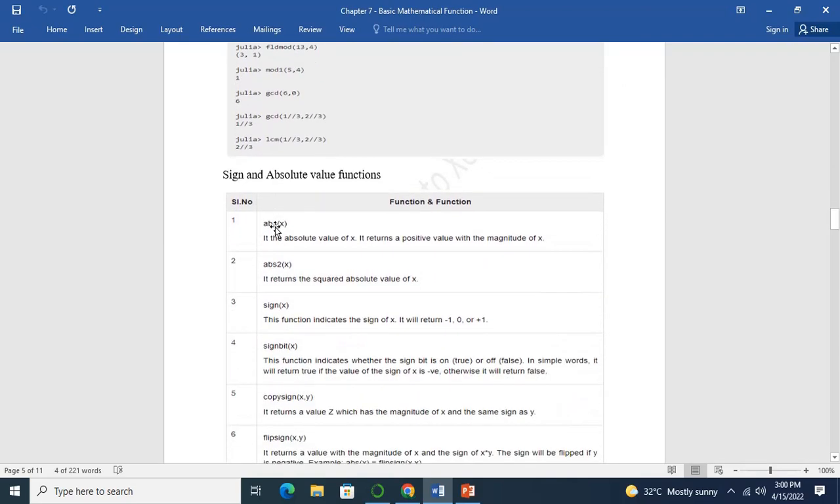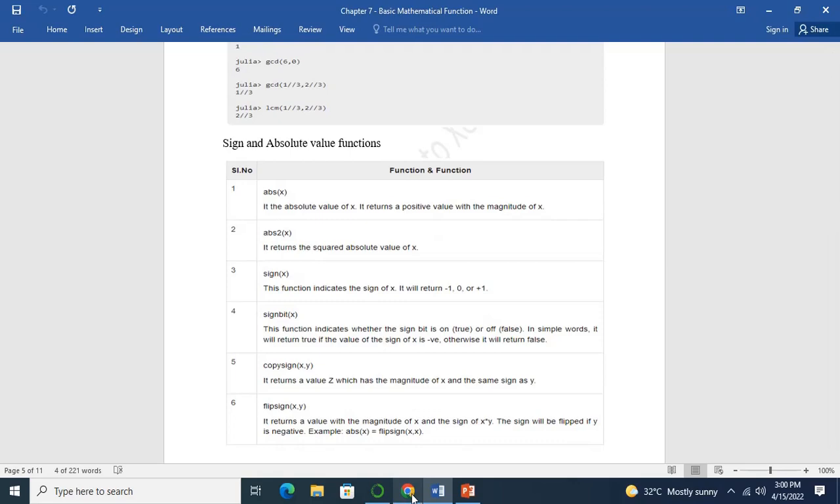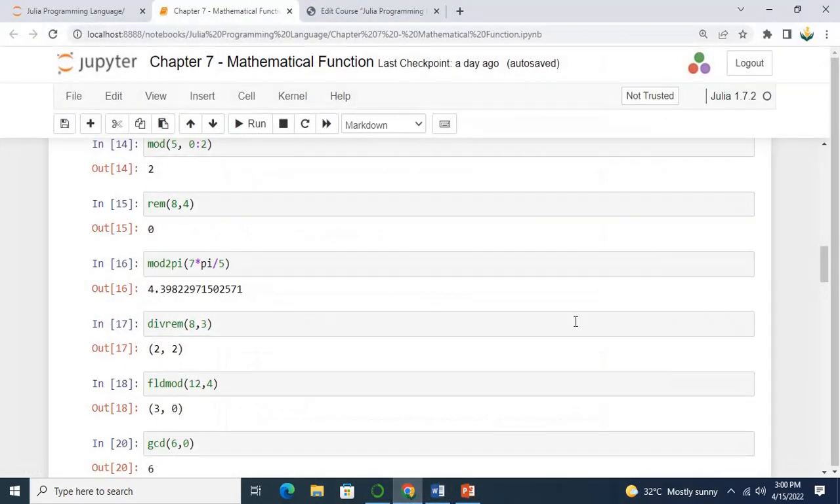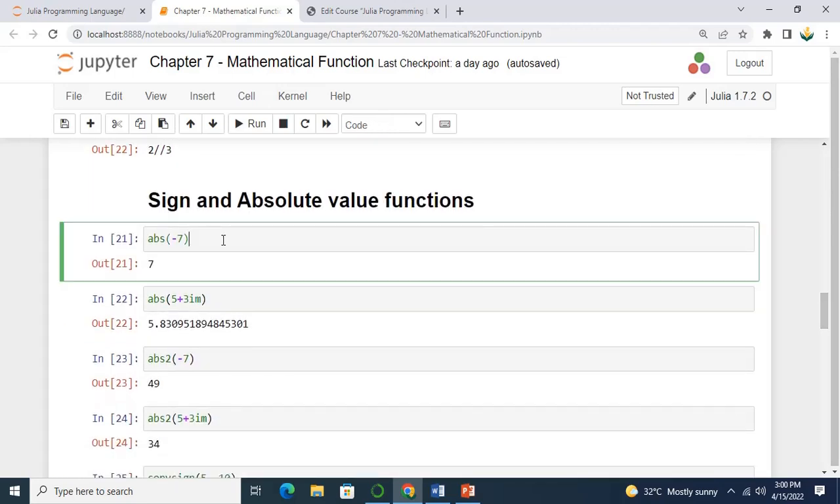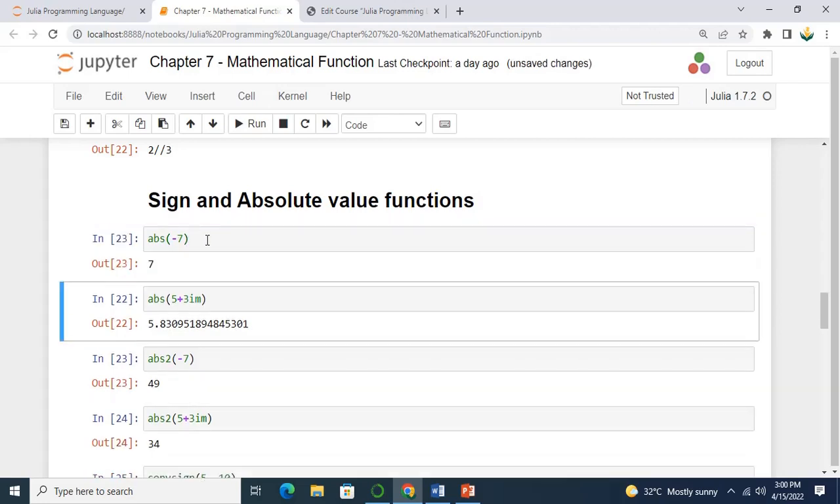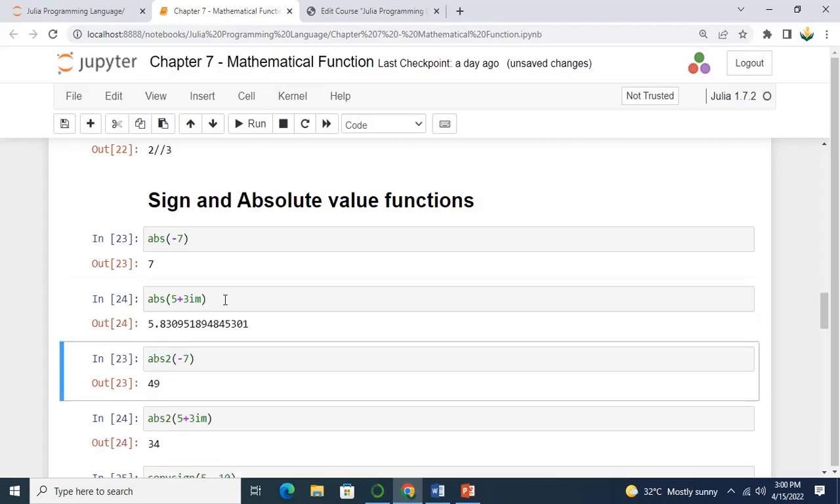Let's discuss how exactly the sign and absolute value functions behave as far as Julia is concerned. Let's say you want to take the absolute value of any number. In my case I can make use of the method called abs with -7. Press shift and enter, and you get the value 7 here. In the same way, it is also possible to calculate the absolute value of a complex number. In my case, I have taken 5 plus 3 imaginary part, so it gives you the absolute value as